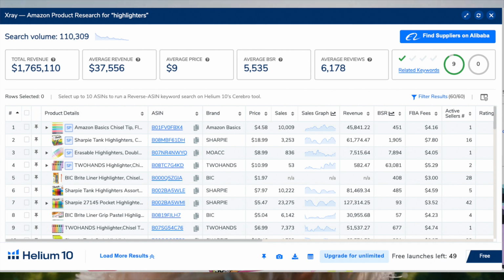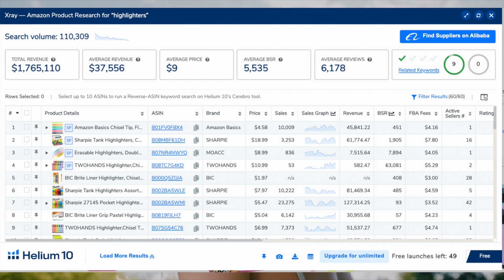So, we looked for highlighters, and the main thing you want to use this box for, and don't get confused by all the other stuff, is to find high demand and low competition. What I mean by high demand is that there are several sellers of a certain kind of product making a bunch of sales of that product, and why that's important is because it tells you that there's a lot of people interested in that product. If you want to know if people buy this product or not, you can already prove it to yourself by looking at data and looking at how many sales the sellers of the product are making.